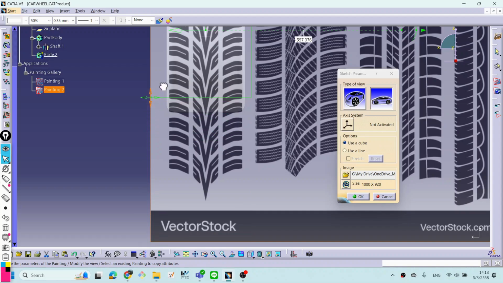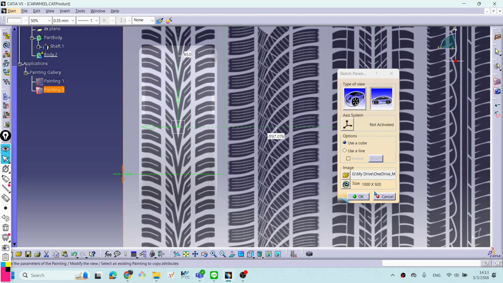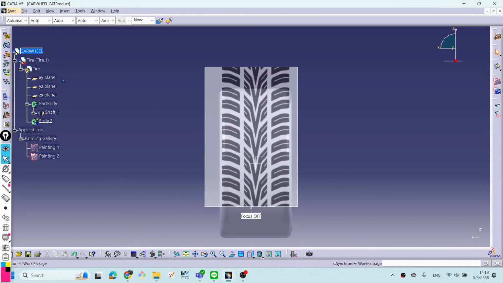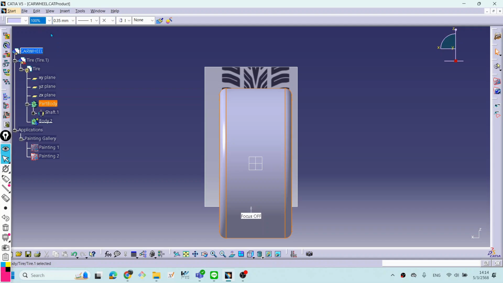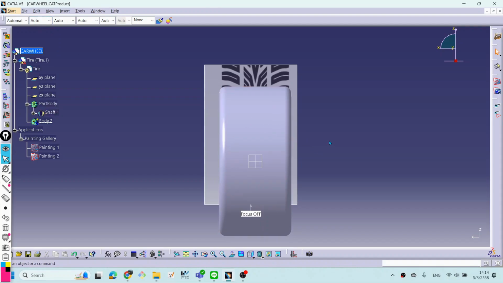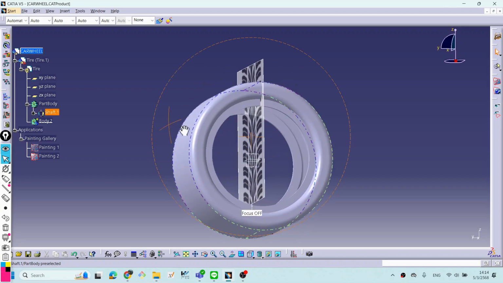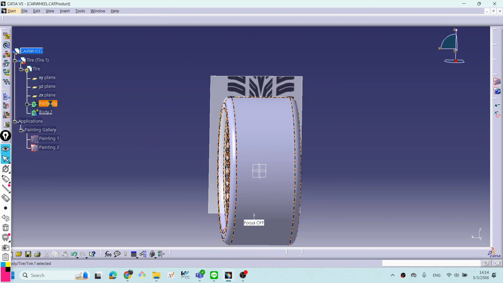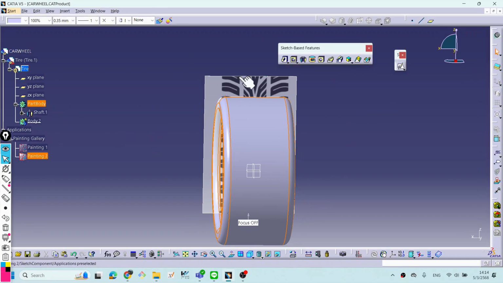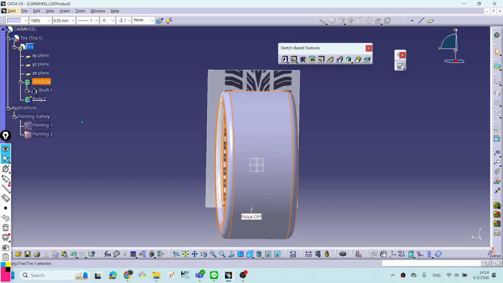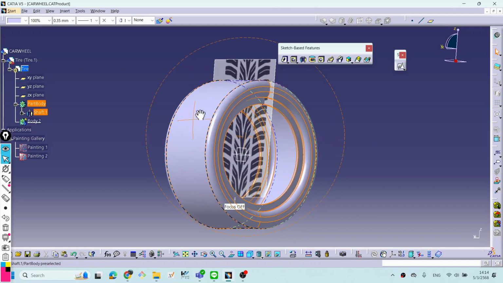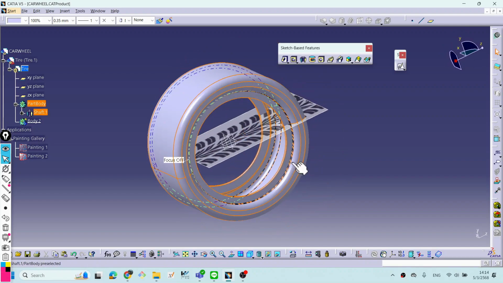Okay, reduce the size. Okay. 100 auto, I think. Go back to the solid part, right? In the part design feature. Set up,